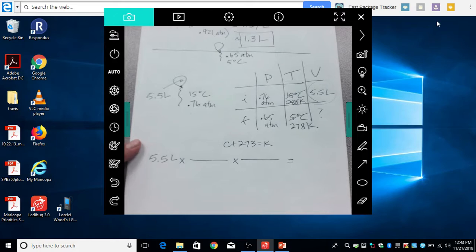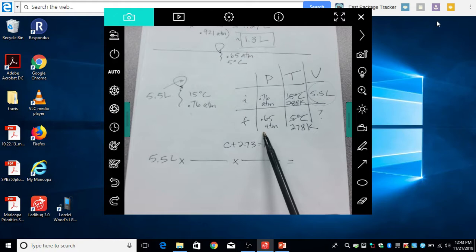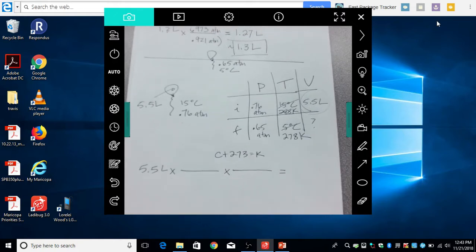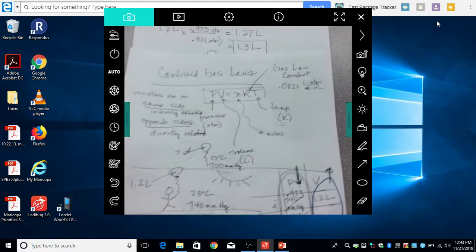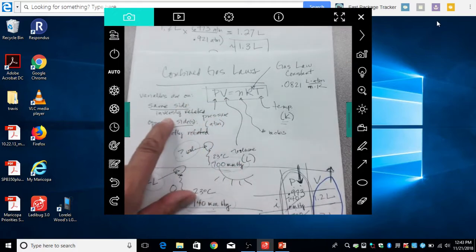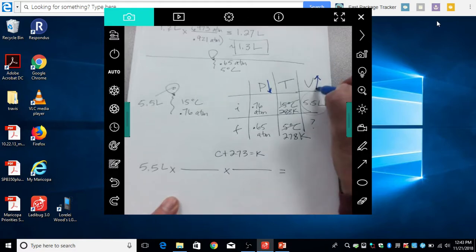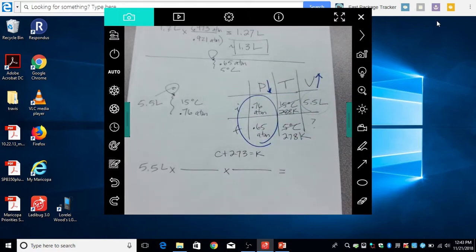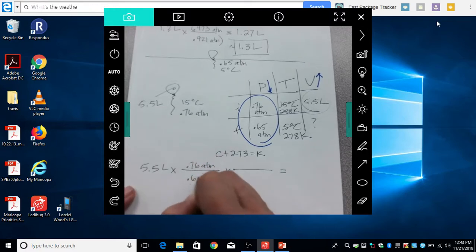All right. Now we've got two variables that are affecting the volume, right? Temperature is changing and pressure is changing. You have to deal with each one of those independently. So let's do that. All right, let's look at pressure. What's happening to pressure? Pressure's going down. And using my rules, since pressure and volume are on the same side, they're inversely related. If pressure's going down, what's that going to do to volume? It's going to go up. So I want to make that number get bigger, right? Using this ratio. So if I'm going to make a ratio out of those numbers and I want it to get bigger, which one do I put on top? The 0.76 and the 0.65.